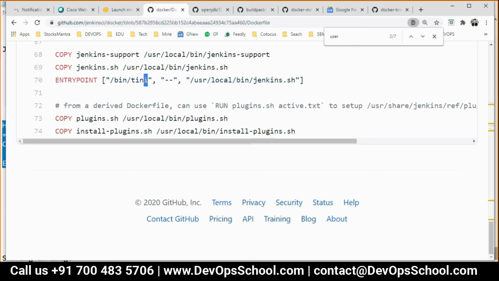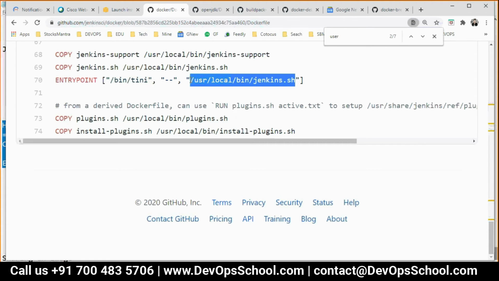I don't know Tini in depth, but using Tini you can hold the process, because you know shell scripting behavior: you run it, the shell script will exit and give you the return value, whatever pass or fail it is. Now the problem is if the shell script exits, your PID 1 will exit, and if PID 1 exits, your container will exit.